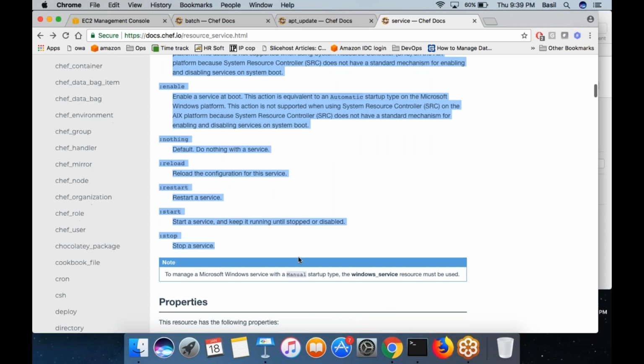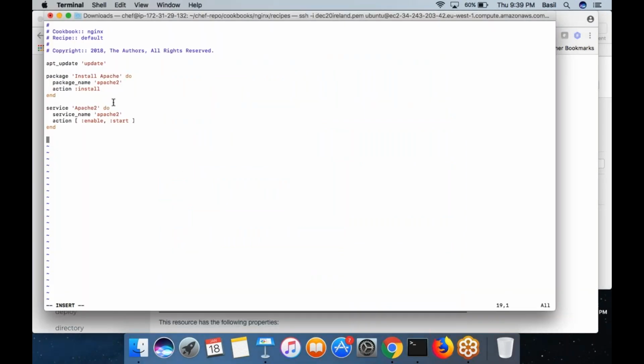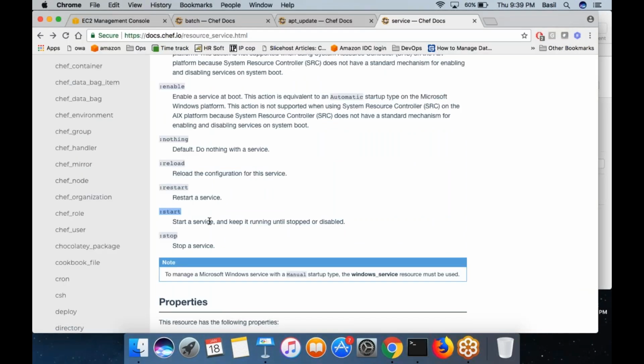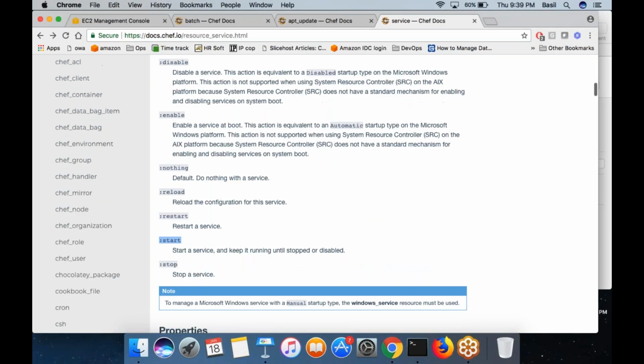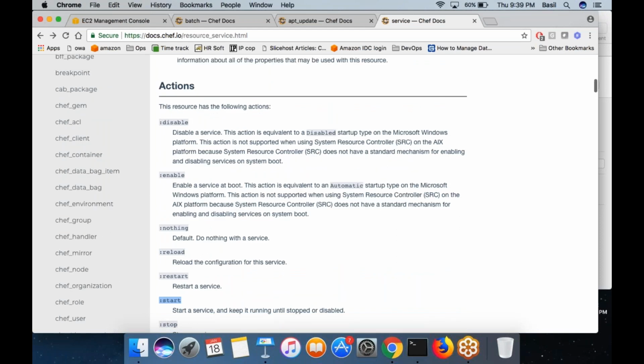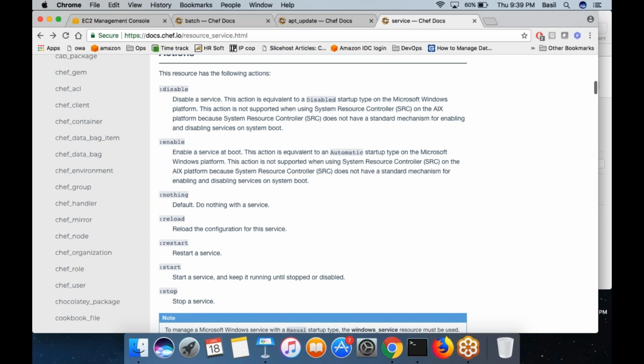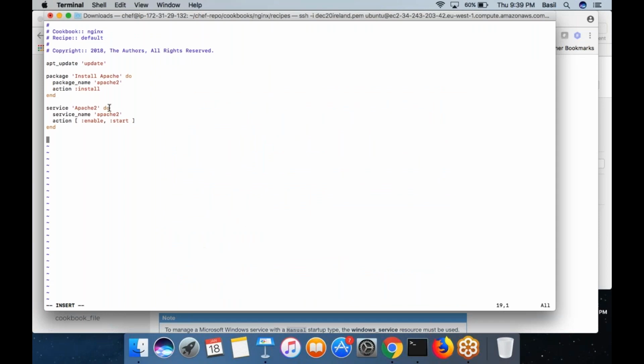I believe the default would be start only, but it's better to always mention it. Whatever action you want to do, you can select from this list: disable this service, enable this service, do nothing, restart it, stop it, start it, whatever you want to do.